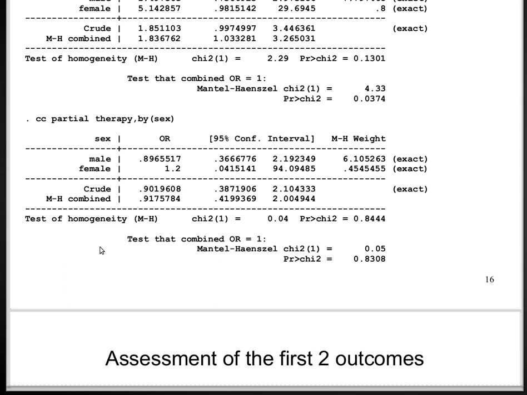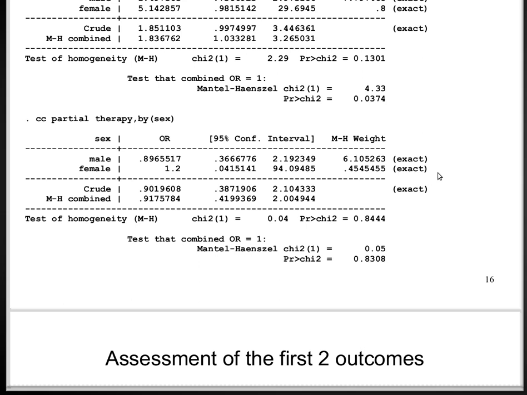On the other hand, if we repeat that analysis for those who did improve, sometimes authors will call this a subgroup analysis, we've isolated out the individuals who had improvement and asked, is there evidence of more in the only partial remission group relative to the complete remission, ignoring the other two groups? And in this instance, I'll let you do the analyses again. No evidence that gender appears to modify here, and no evidence of a difference between the two therapies. In other words, whether we were to use the crude or combined here, we would be saying that the odds of partial remission for those receiving alternating therapy relative to the odds of partial remission for those receiving sequential therapy